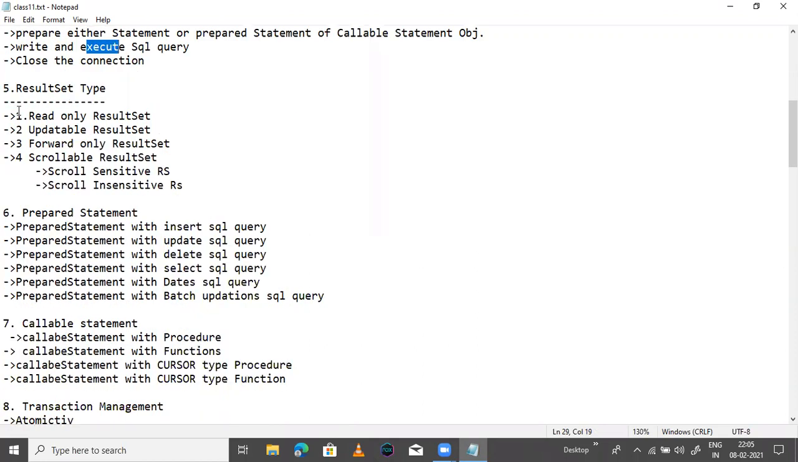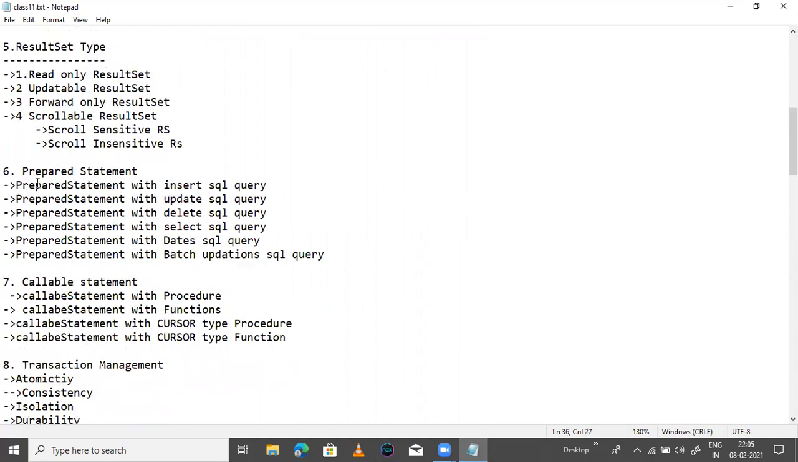And next, our fifth most important topic is the result set. First read-only result set, updatable result set, forward-only result set, and scrollable result set, scrollable sensitive result set, and scrollable insensitive result set. And our sixth topic is prepared statement. How to use prepared statement, how to create. These three things. And insert the data using a prepared statement, update the data, delete the data,